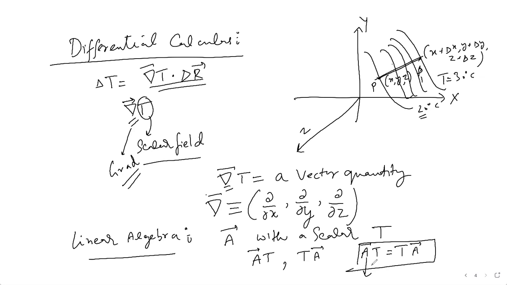Okay. So yeah, that's right, because that's what linear algebra says. If you multiply a vector with a scalar, either you multiply from right or left, it should not matter, right? So yeah, now what my point was,